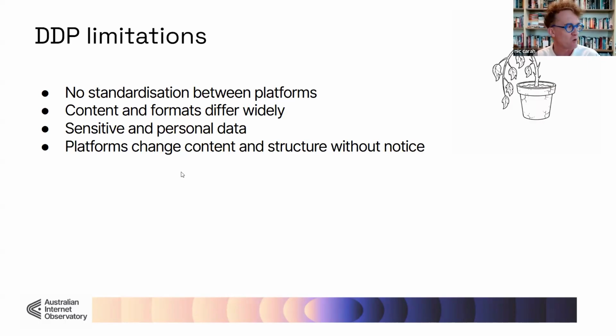We discover as we work with research participants that our DDPs, perhaps unsurprisingly, contain a lot of sensitive and personal information. That can be things like your personal message histories. It might be videos you've been served over a long period of time on YouTube or TikTok that might reveal, say, your preferences or some of your search histories. And sometimes it can be things that infer intimate information. In one of our large studies, the Australian Ad Observatory, we find that sometimes the kinds of ads people are being served in a particular period of life can say quite intimate things, say about health conditions they have or personal experiences that they're having.